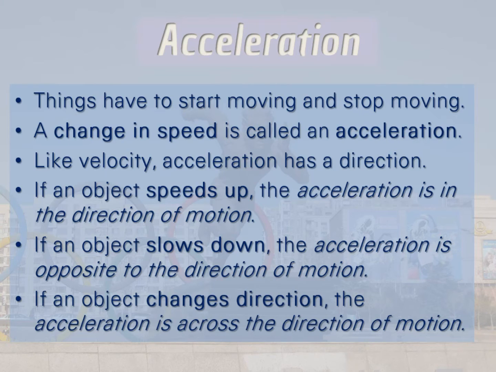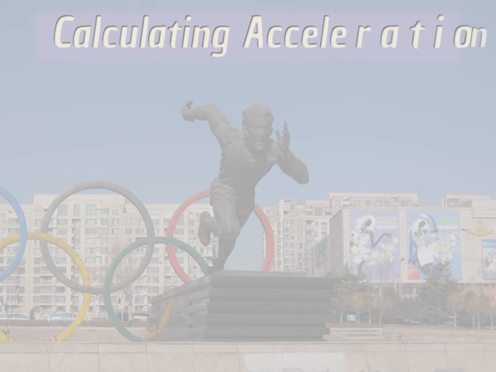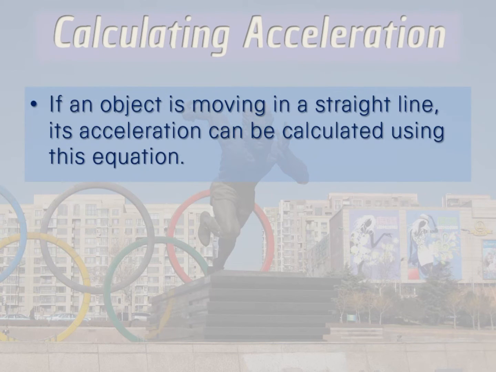Also, if an object changes direction, there is also an acceleration there. It is an acceleration across the direction of motion. That means that the object's speed changes differently in different dimensions: X, Y, and Z. So let's just get to the calculation, and keeping it simple, if an object is moving